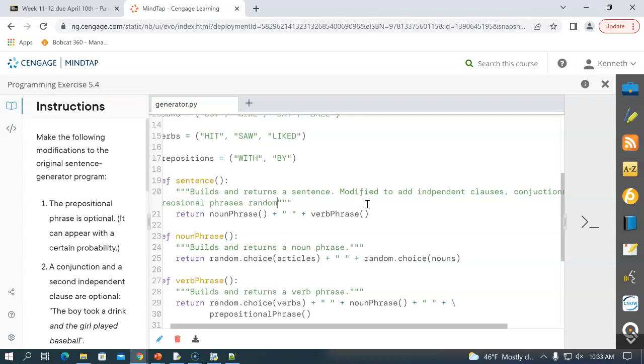Alright, so what I think we're going to have to change when I start thinking about that is, how